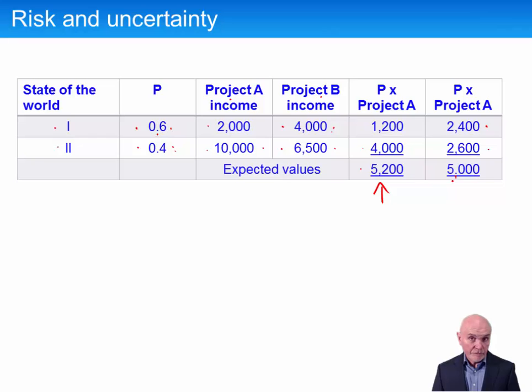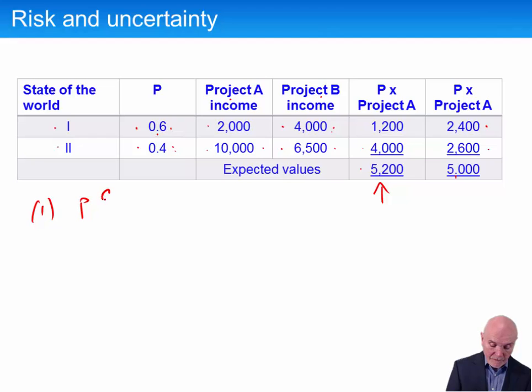And there are a number of potential reasons. First of all, how are the probabilities acquired? If you change the probabilities very slightly, you can change which of the projects you prefer. Hard enough, I would suggest, coming out with the amounts of money involved. But how do we know it shouldn't be 0.5 and 0.5 rather than 0.6 and 0.4, or indeed 0.75 and 0.25? It must be really open to question how these probabilities have been arrived at.